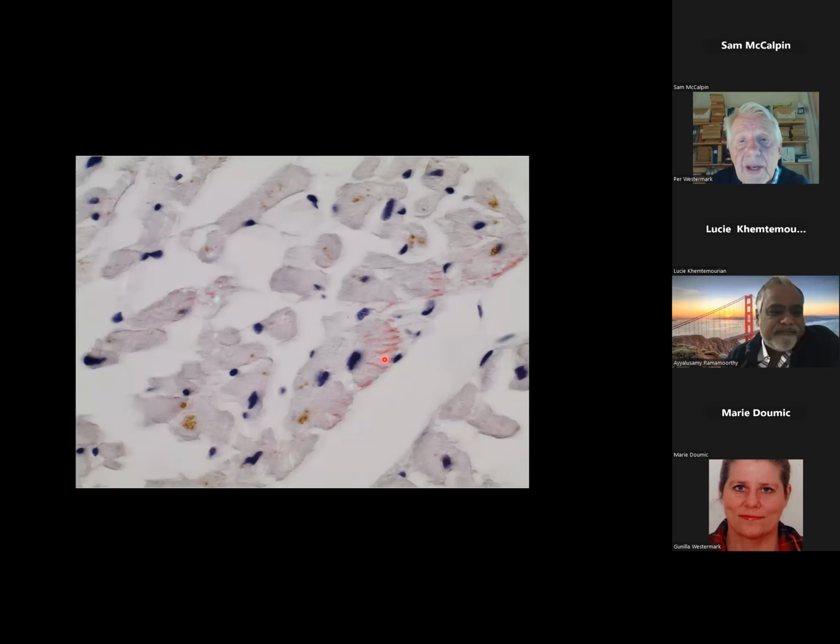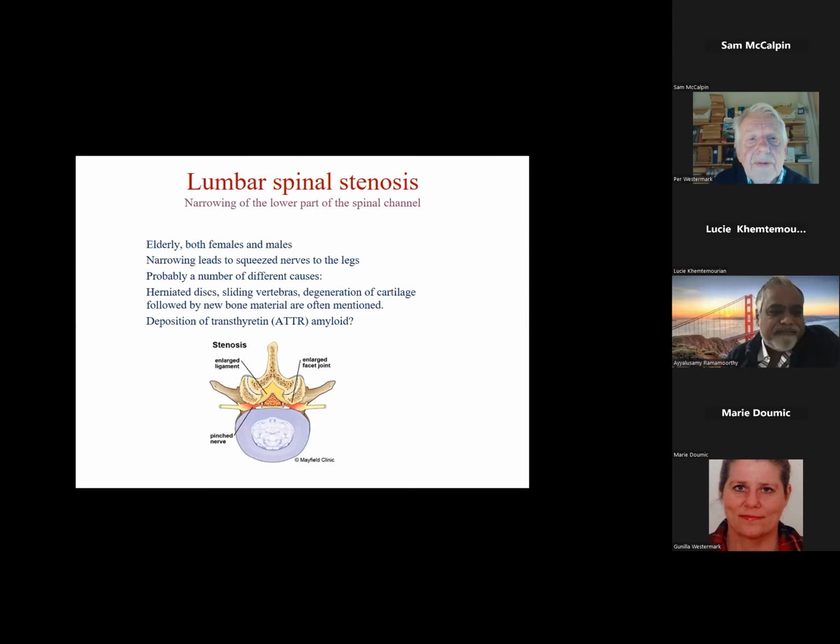So I think we have fairly strong evidence that in this case, at least, the amyloid that is given to the patient, the protein that's given to the patient, determines the fate of the organs in the patient. I see that I'm getting, I would like to say, if I have a couple more minutes,